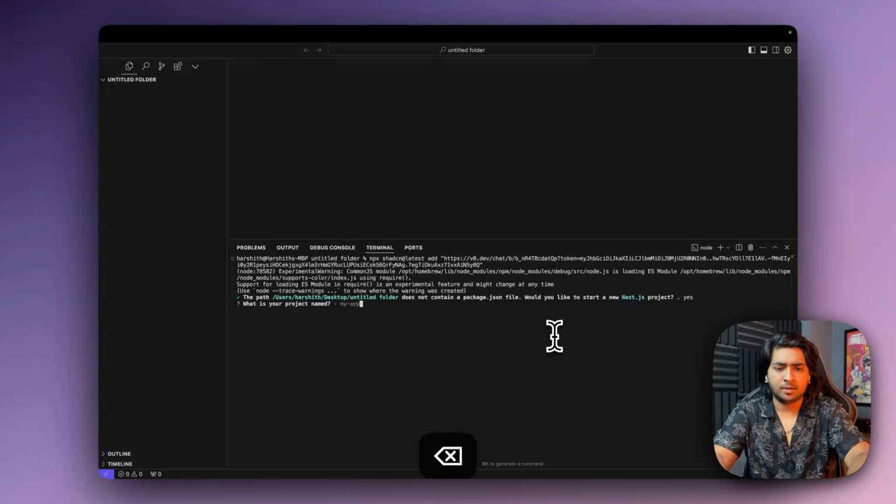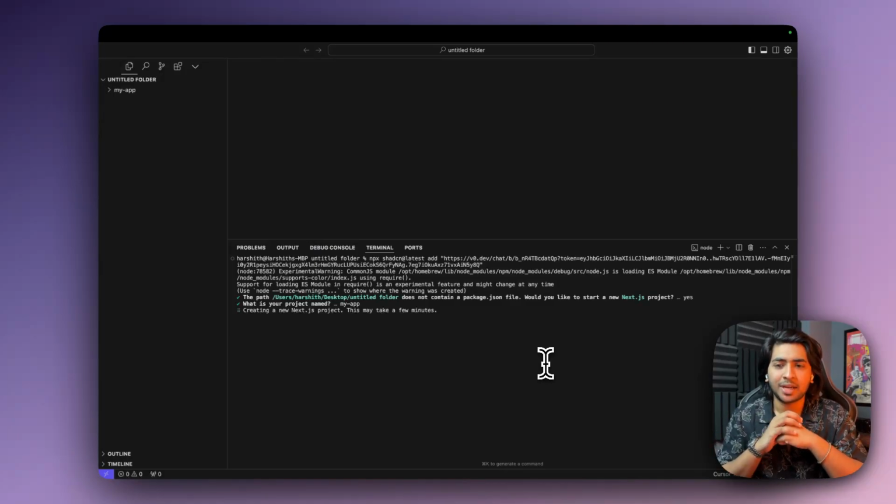Let's just name it my app. All right. It's going to take a couple of minutes. It's creating a new Next.js project. This is why it's taking a few minutes. That's completely okay. And let's just wait for this because there are a couple of more commands that we get